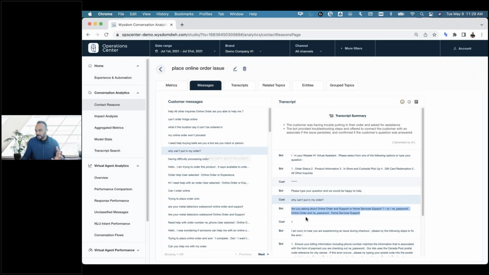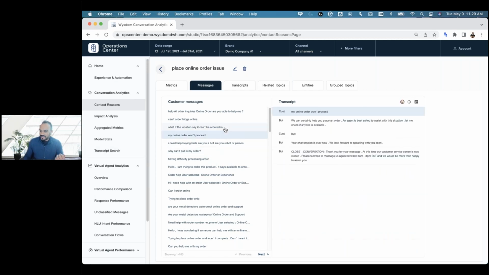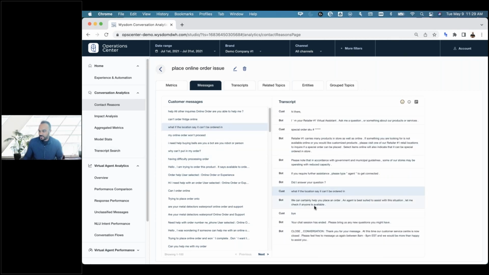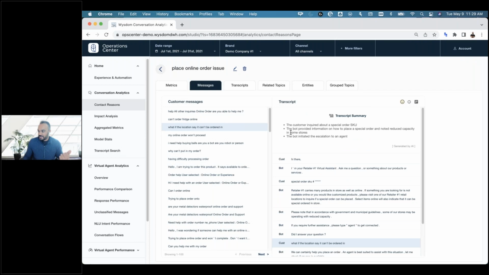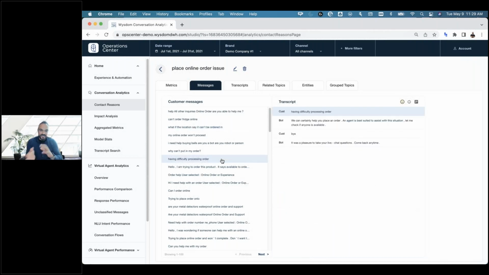And it looks like the bot can probably handle something like this, but for whatever reason, a bunch of these are just getting handed off to an agent. And you can kind of see it here. This is another example that I clicked on. The bot says, and I'm going to get a summary to show you quickly, customer asked about a special order. They want to know how to do it, and the bot said, go to an agent. So it's understanding a little bit of it, and then it's just taking them to an agent.